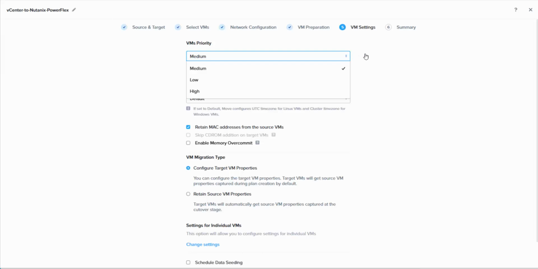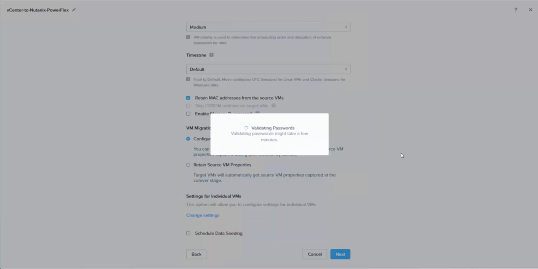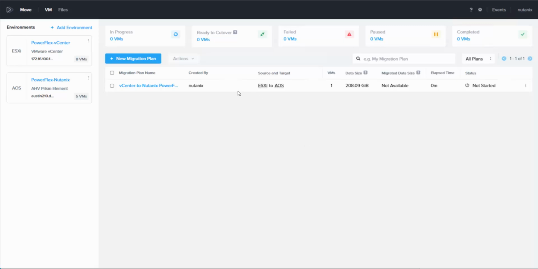If you have multiple virtual machines, you want to set priorities. The one thing here you want to make sure that you keep checked is the retain MAC address. That can cause issues if you don't leave that checked with IP. And here we completed the plan. We can save it. We're not going to start it yet because what we want to do is